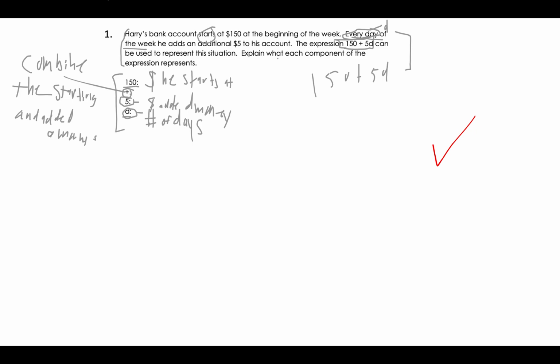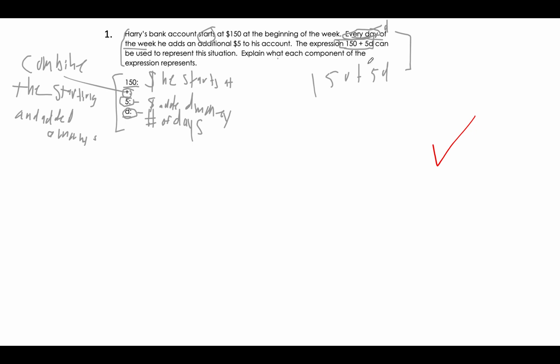Our first question for the day is the following. Harry's bank account starts at $150 at the beginning of the week. Each day of the week, he adds an additional $5 to his account. The expression 150 plus 5D can be used to represent this situation, and we're asked to explain what each component